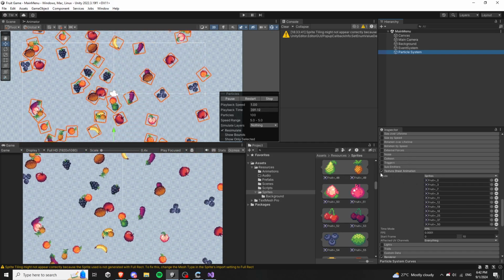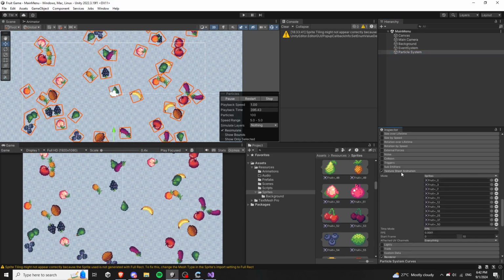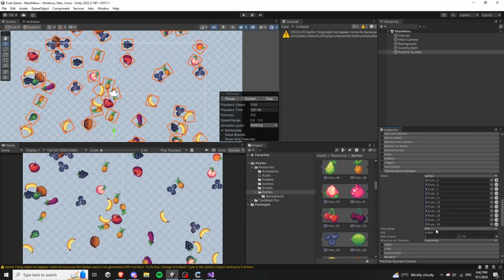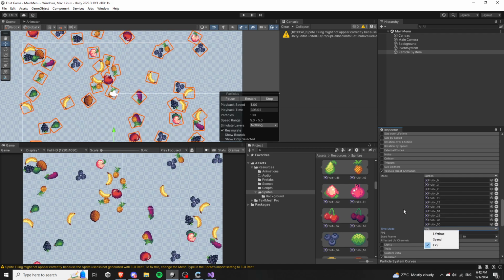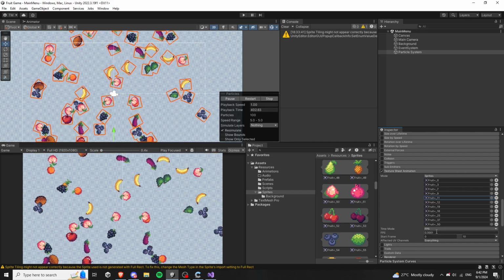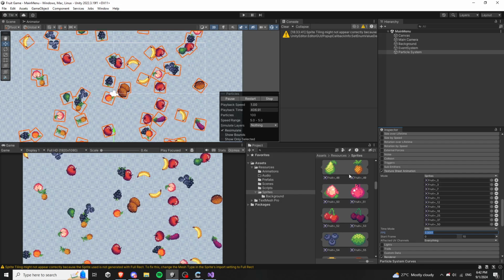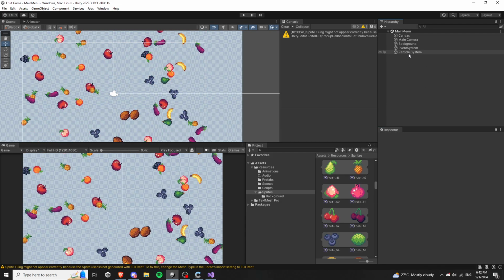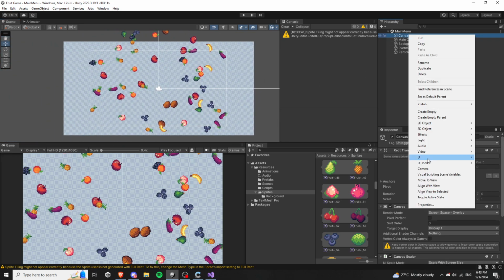So we need to check this here, texture sheet animation, and we have some options. If you want to randomize from multiple, you need to set FPS to 0 and randomize at start frame. Okay, now let's create some button. In fact, just two things we need here. One is